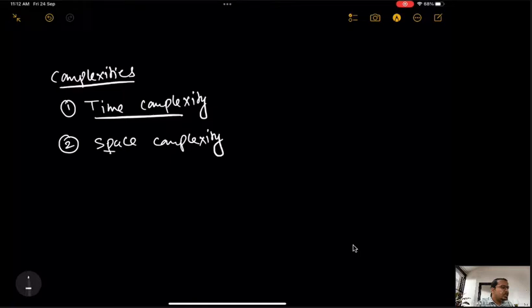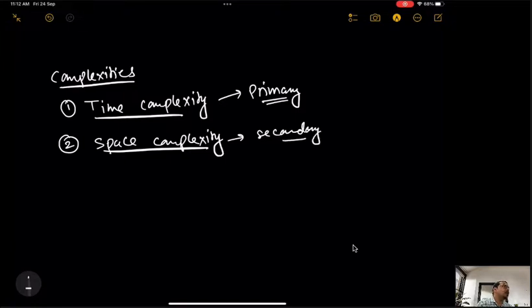Space complexity is generally the second thing. The primary is still time complexity, and this is a secondary thing. Why is this secondary? I'll tell you that. Because our computer speed can be increased only up to some extent. If we have a computer of 3 GHz, then by implementing a much more advanced processor we may get 3.2 or maybe 4 GHz, but we cannot make it 30 GHz or 40 GHz. We cannot go into exponential terms in case of speed.